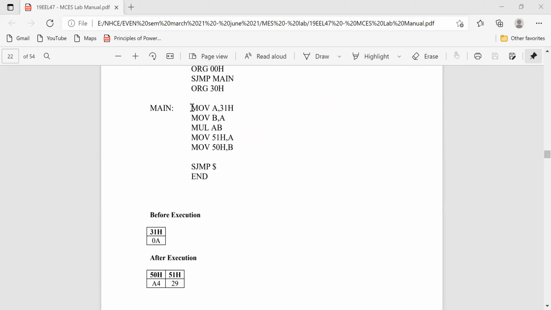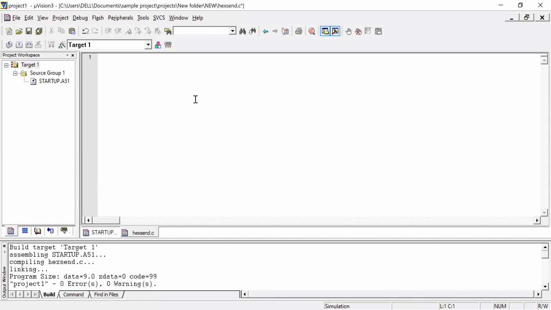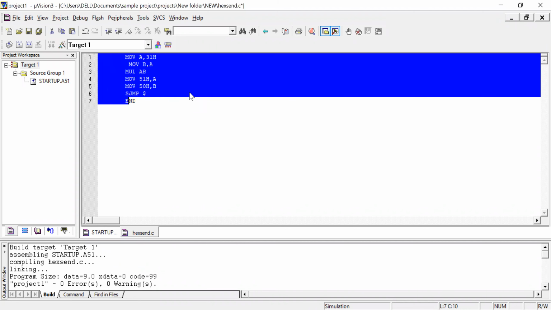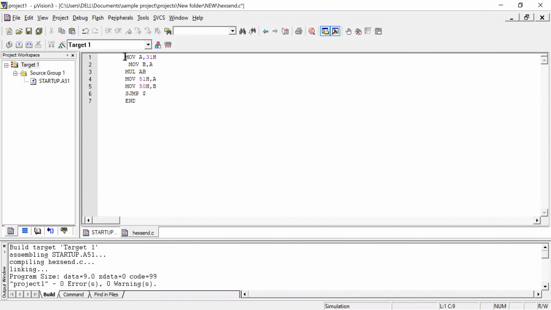Let us copy this program and paste it in the software. ORG 00H.